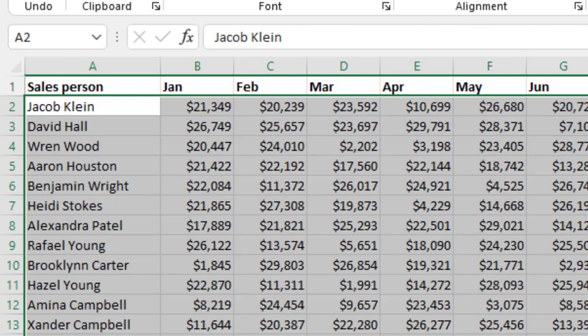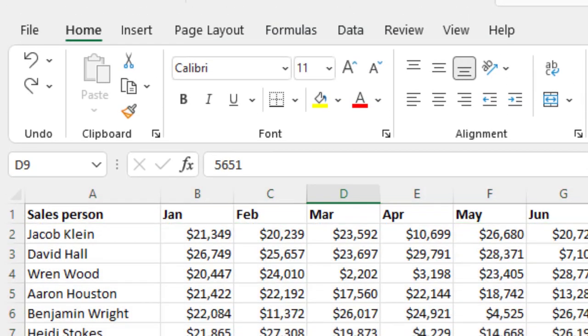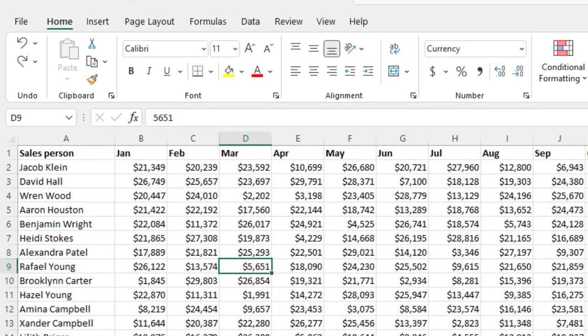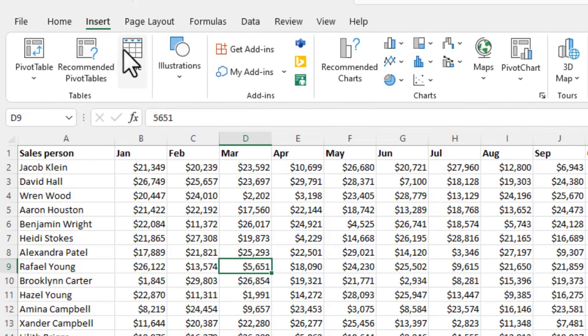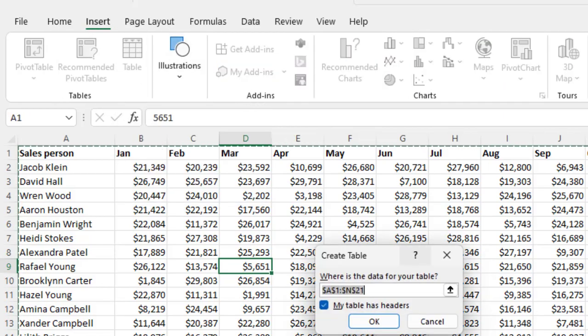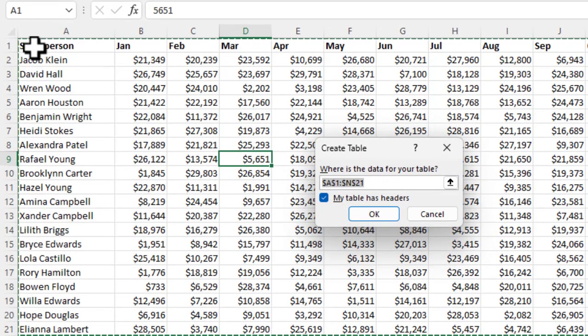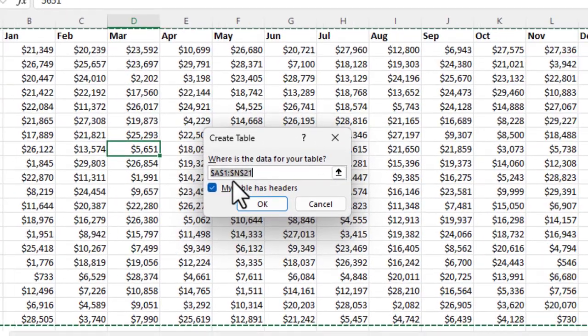And now what I'm going to do is I want to show you how to insert a table so you can filter easily. So what we'll do is we'll highlight anywhere in your data here, and you go to the Insert tab and you select Table. It should automatically pick up from the top left corner of your data, right? In this case, it's cell A1, to the bottom right corner of your data, which is in this case